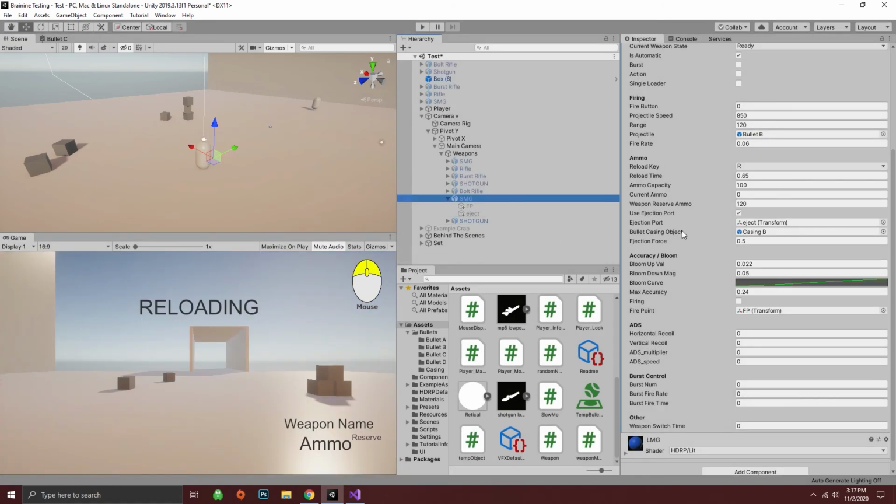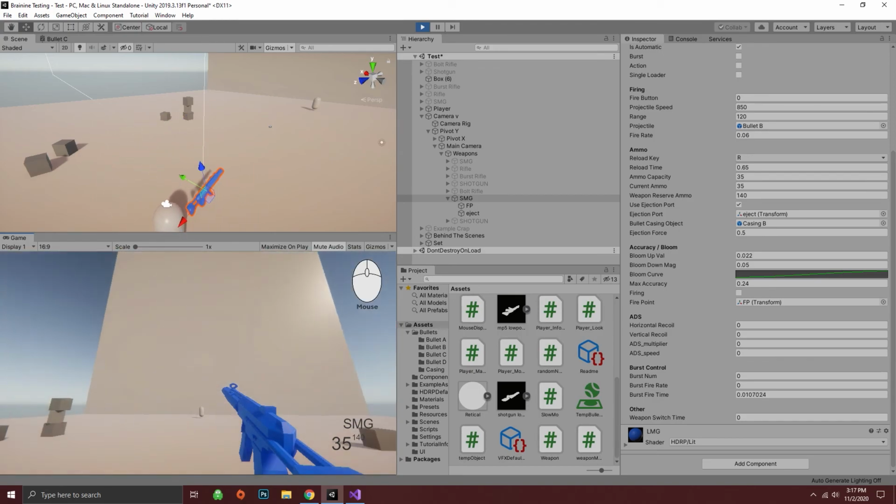SMG reserve ammo, where is it? 120 ammo capacity. Let's go with 35, and reserve ammo, let's do 35 times 4, so 140 shots. Okay,